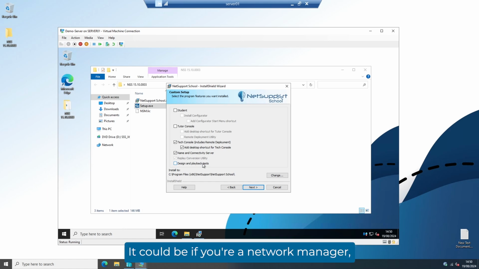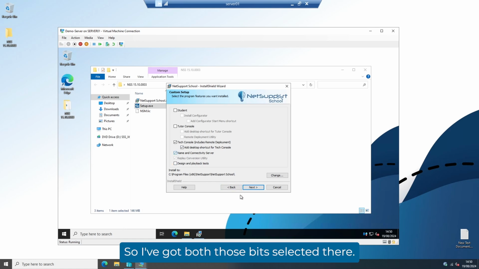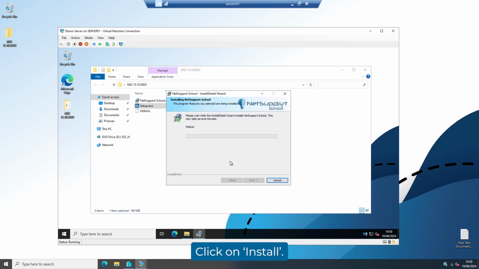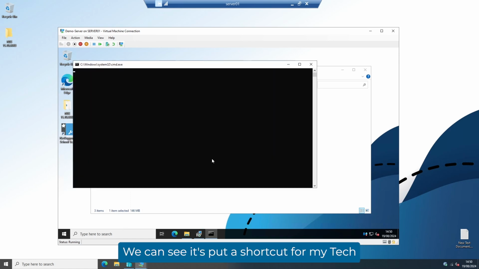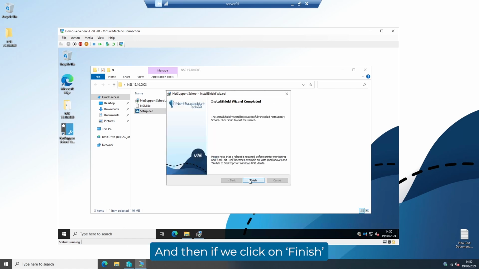It could be if you're a network manager, you just want to install the tech console on your own machine, in which case you do that and just run through, and that would pick the tech console or select the tech console option from the previous screen. So we're going to install both, so I've got both those bits selected there. Click on install and then the software will run through and do its thing. And there we go, we can see it's put a shortcut for my tech console on the desktop there. And then if we click on finish,